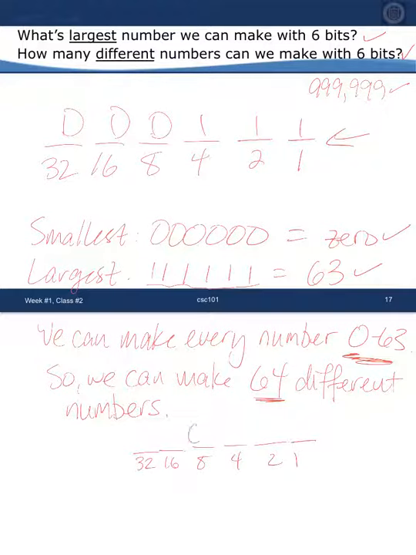Right, that was with 6 bits. So what was the next number? If I had had a 7th one, it would have been the 64's place. And sure enough, how do I make the number 64? I would say, in order to make the number 64, I need to do 1 there, and then 0, 0, 0, 0, 0, 0. In other words, I need 7 bits in order to do 64, which should hopefully make sense,